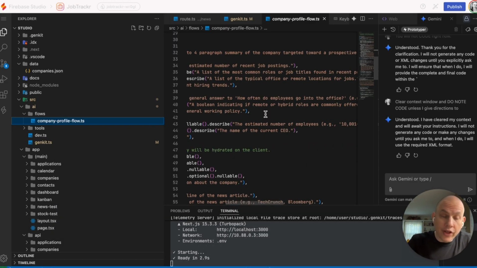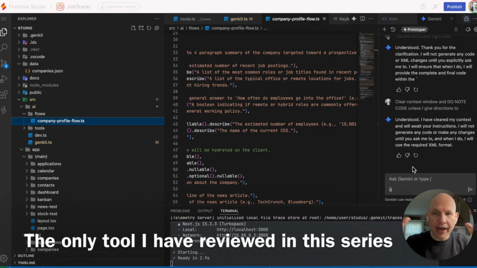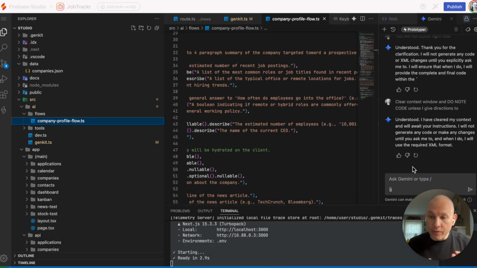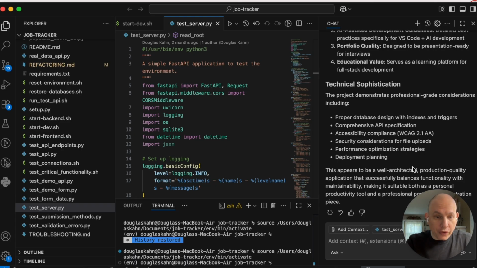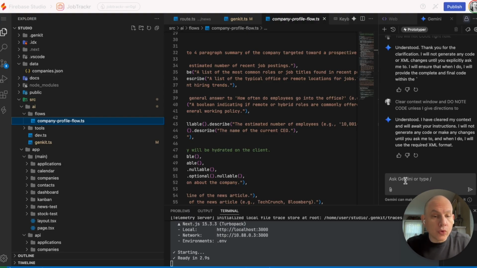You can also see another thing that's unique about this tool is it has the pair programmer inside of the integrated development environment, or the IDE. This is the only tool that has that. Also, this is a fork of VS Code. So you might notice it looks really similar to actual VS Code here, AI assisted coding tool in this view,